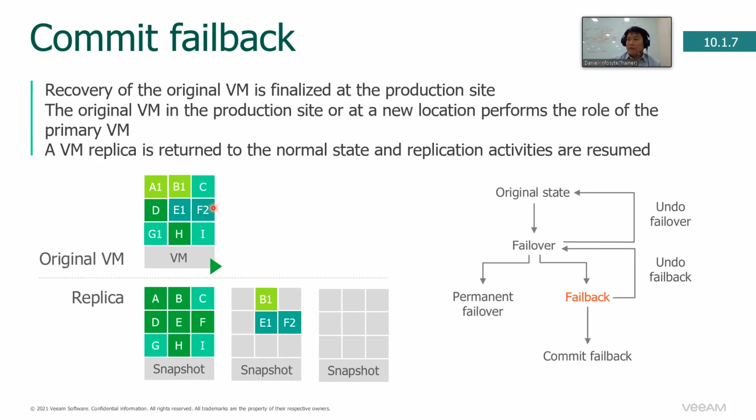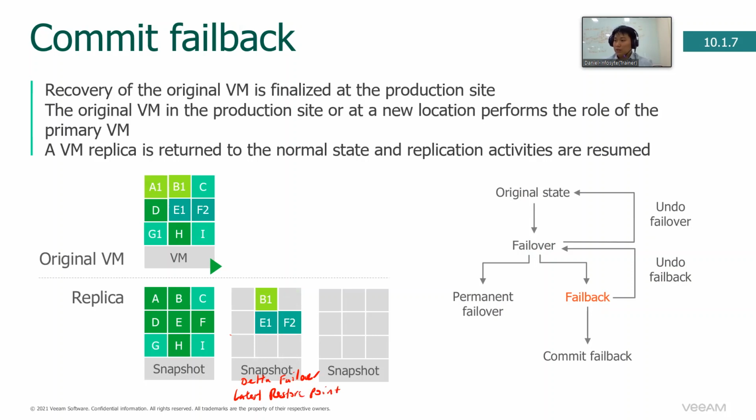So after I perform failback, you need to select another option, what we call commit failback. When you select commit failback, your virtual machine replica's new delta will be changed as the latest restore point. Okay, so this earlier delta for failover, for example, will be changed into the latest